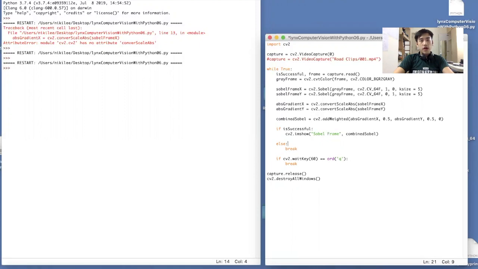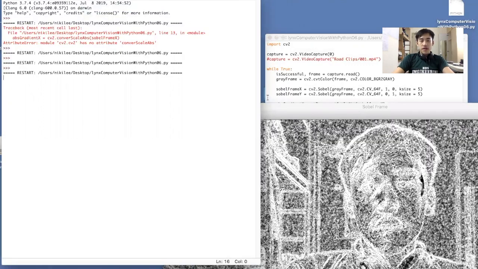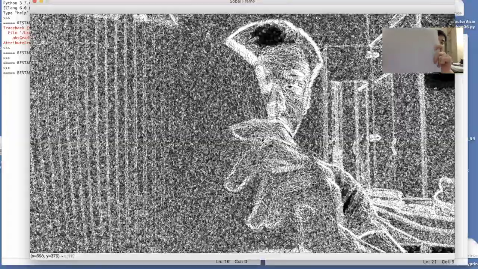And let's take a look at how the output is. So this is the Sobel frame that we have over here, and you can tell that the background has quite a lot of noise to it, so we'll have to set up filtering later on. But some lines are very distinct, you can tell. So let me just take a piece of foolscap picture. So apart from the noise, we can get pretty good